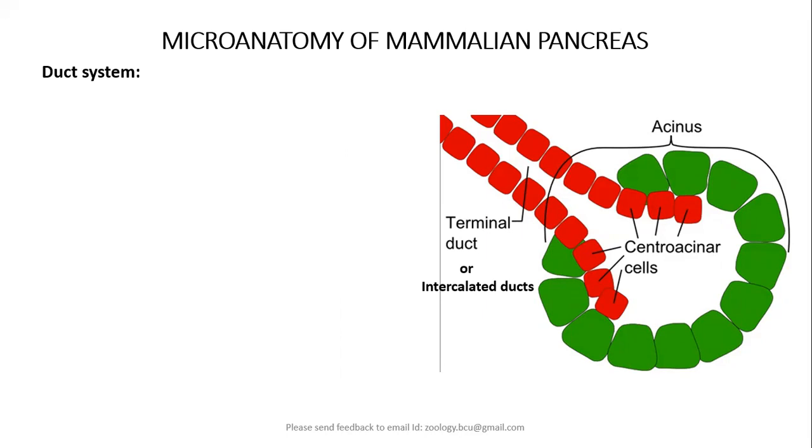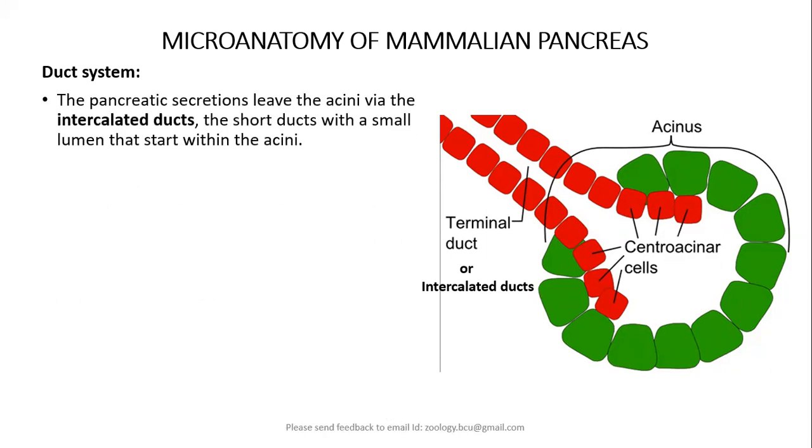These secretions of the acinar cells are carried through the duct system of the pancreas. The duct system leaves each and every acinar gland. As you see here, the lumen of the acinar gland is continuous with the